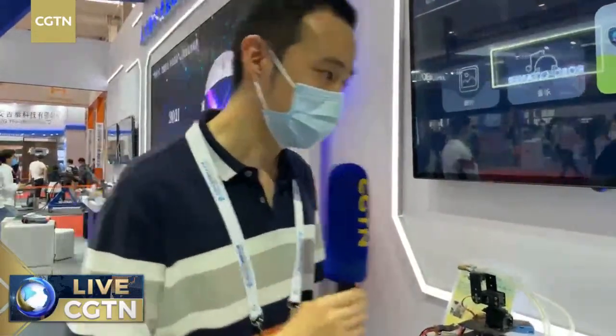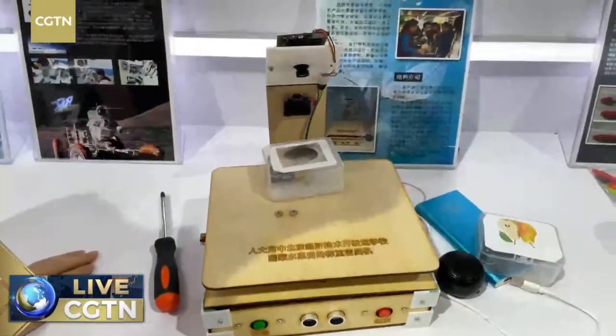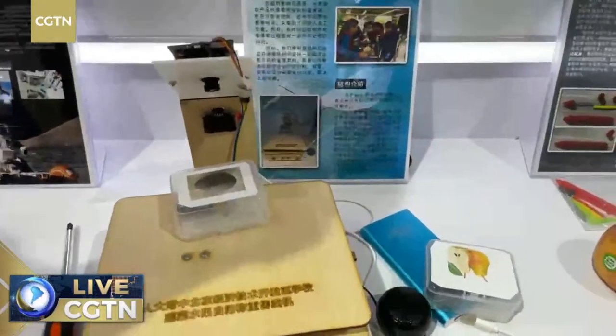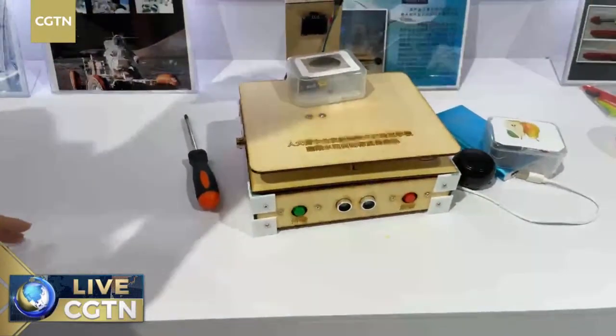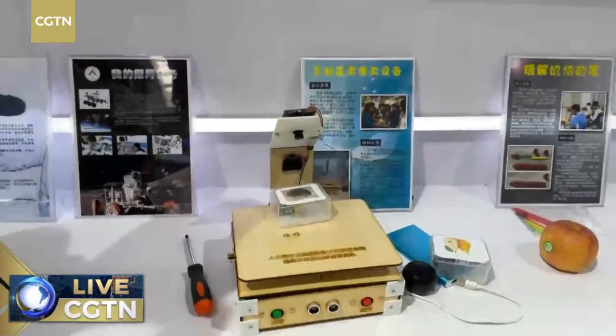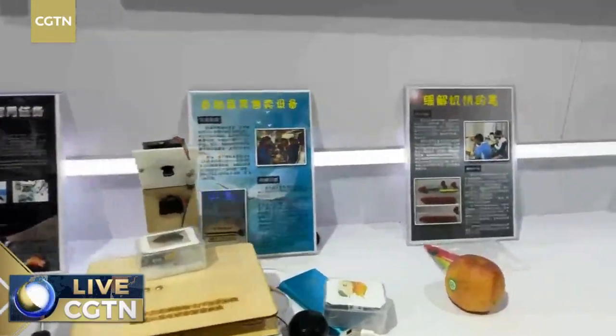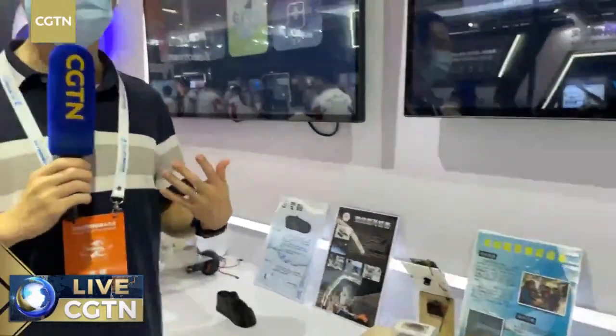And let's check here. So this thing is also interesting, like an automatic vegetable vending machine. Okay, supermarkets in China work a bit differently now. So when you buy products at the checkout, you no longer need to talk with a person. You talk with a machine. You scan the barcode in those supermarkets, and then the machine will know what you are buying, and then you can pay and